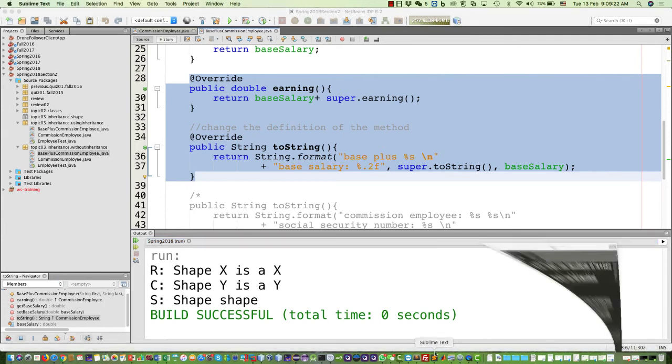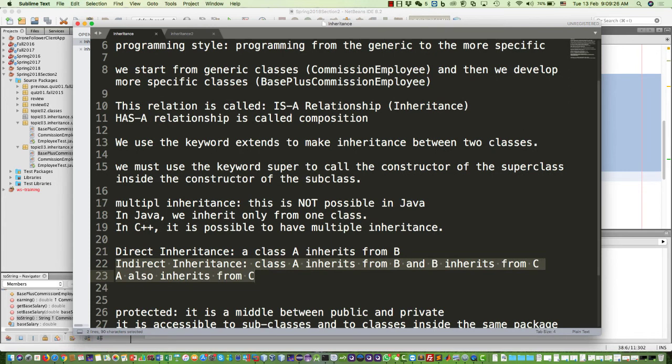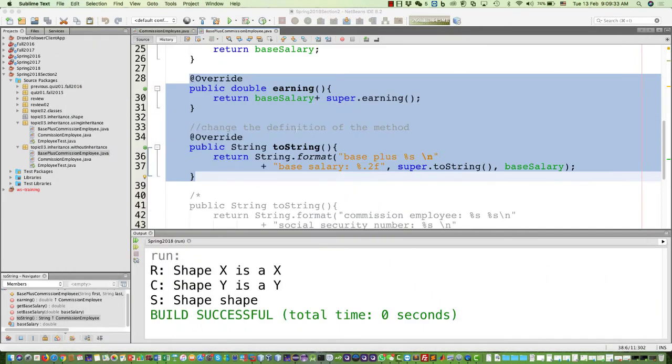Okay, so you remember we did the summary about inheritance, and the name of the relationship is called the is-a relationship. These are the most important things that you have to know. We have also talked about the protected